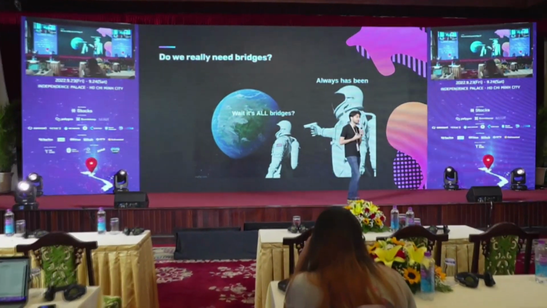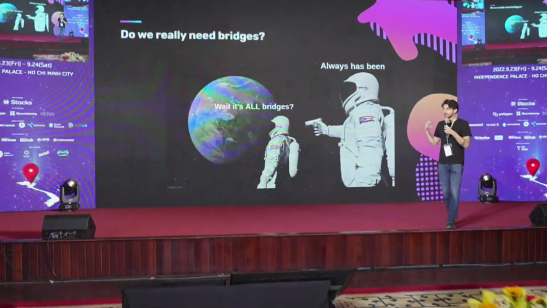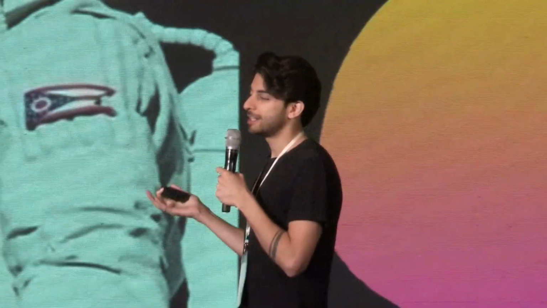So do we really need bridges? Well, regardless of whether you believe in a multi-chain world, or that we're heading towards a world where there are multiple rollups building on top of Ethereum, or you're in Cosmos and you have the interchain ecosystem, or you're in Polkadot and you have another interchain ecosystem, ultimately, you need to be able to communicate between these blockchains. And so it's all bridges, right? Rollups posting data to Ethereum is a bridge. Data availability layers posting data to settlement layers is a bridge. Rollups being able to communicate between each other, also a bridge. Eventually, this whole ecosystem just becomes bridges and layers.